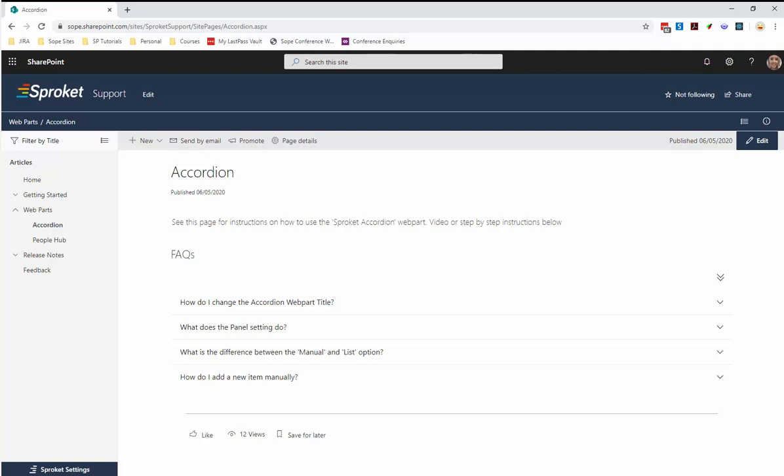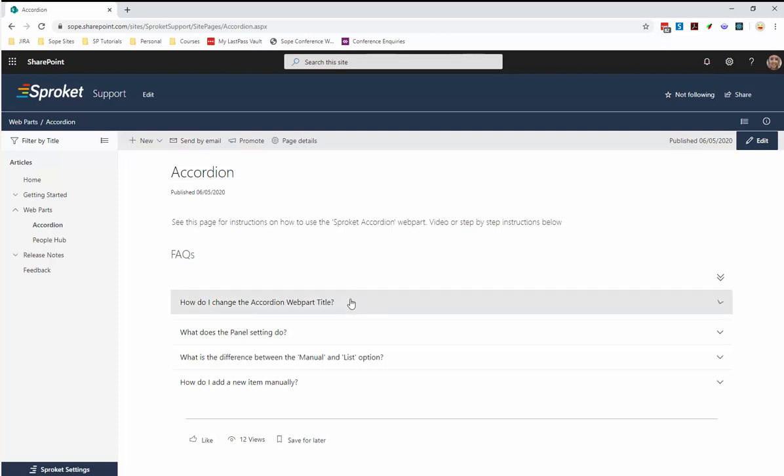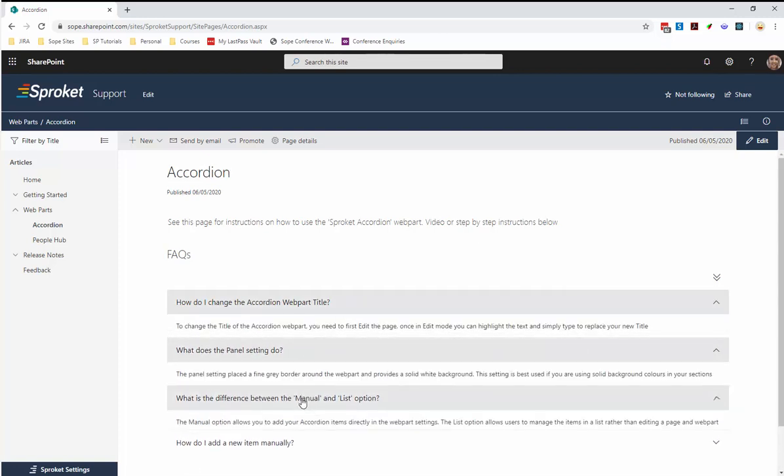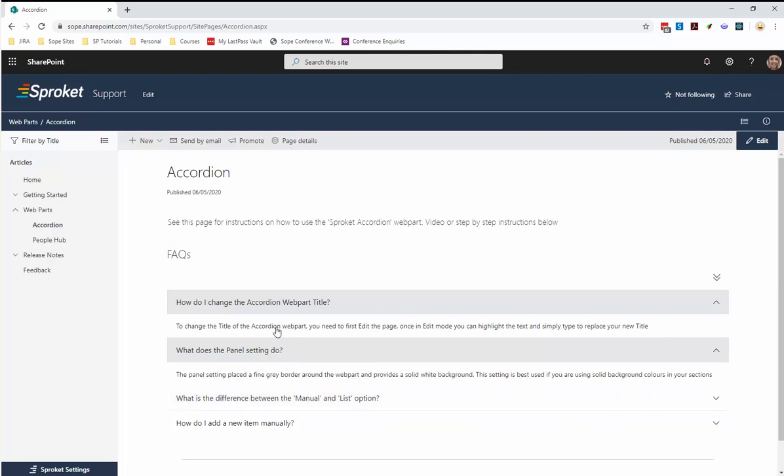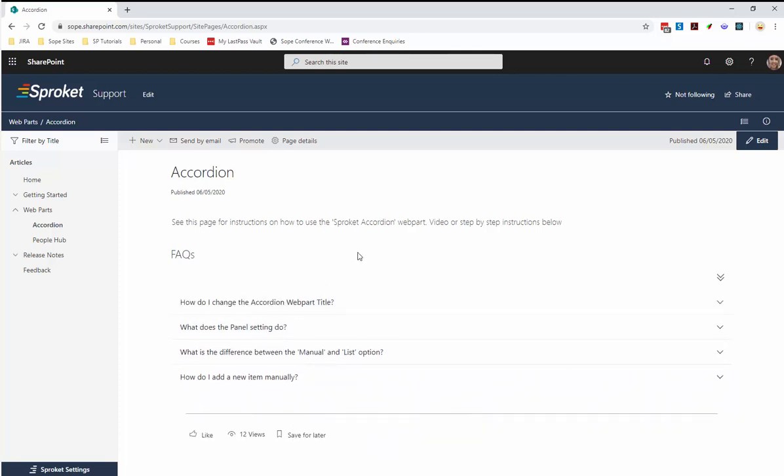In this video, I'm going to talk you through how you can add the Sproket Accordion web part to a page. The Sproket Accordion web part is best known for its FAQ type format and the ability to simply display information in a collapsible format like below. So I've added one in here as an example,